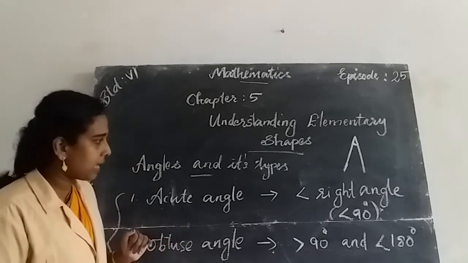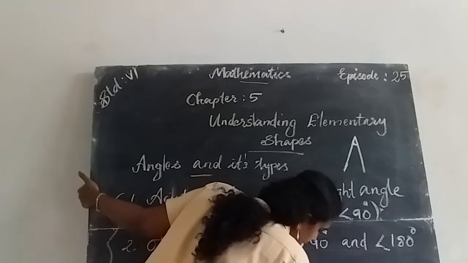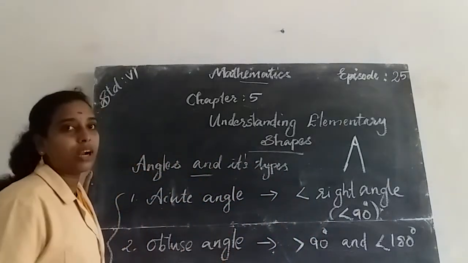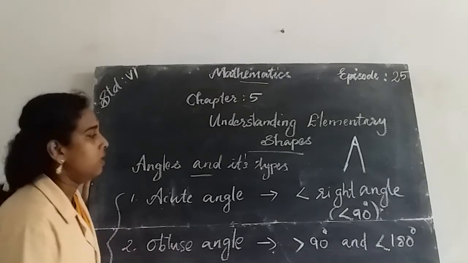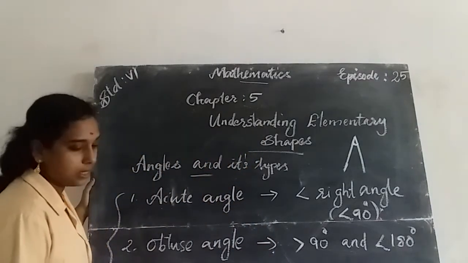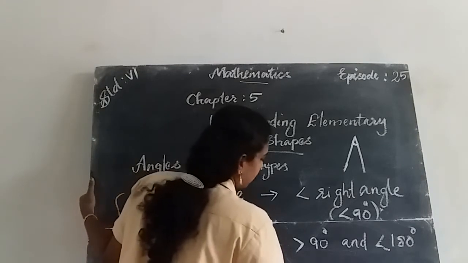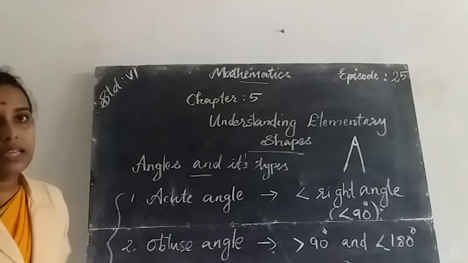So reflex angle means like this. And here the angle between here, this angle shows more than 180 degree, and it is an example of a reflex angle. So these are the classification based on degrees. Reflex angle means more than a straight angle. The angle more than a straight angle or more than 180 degree is known as a reflex angle.